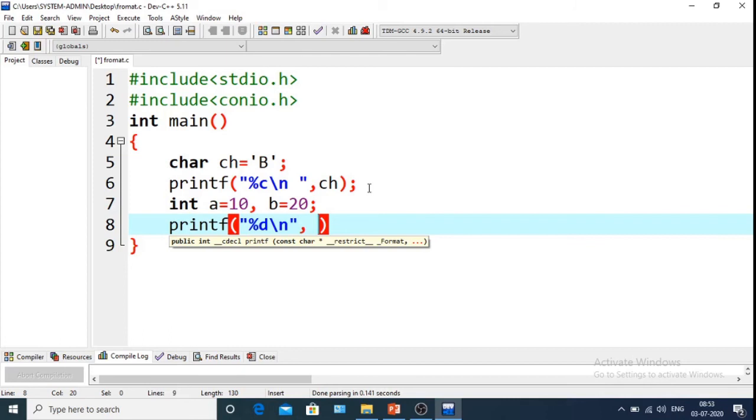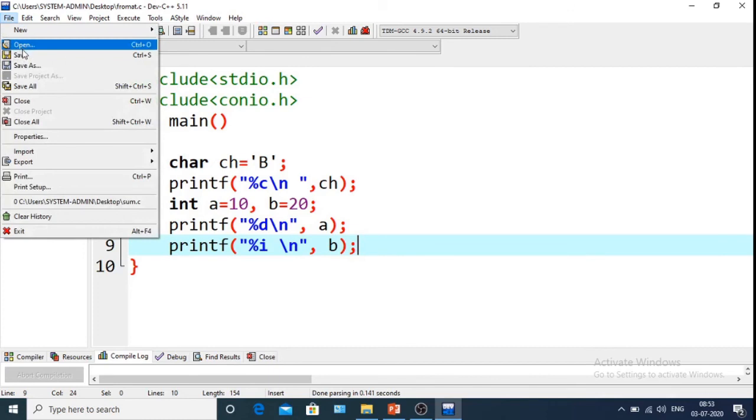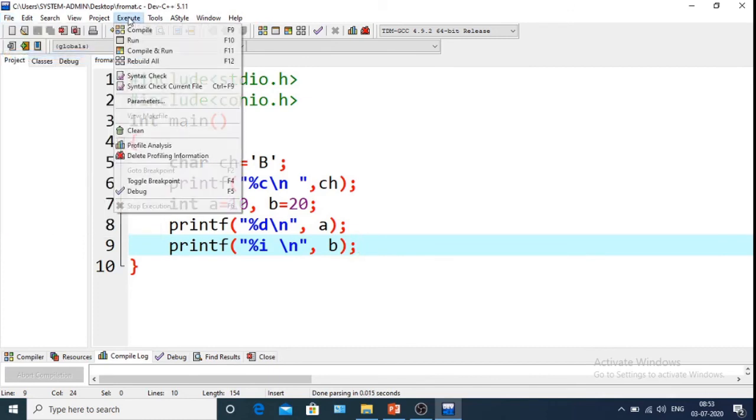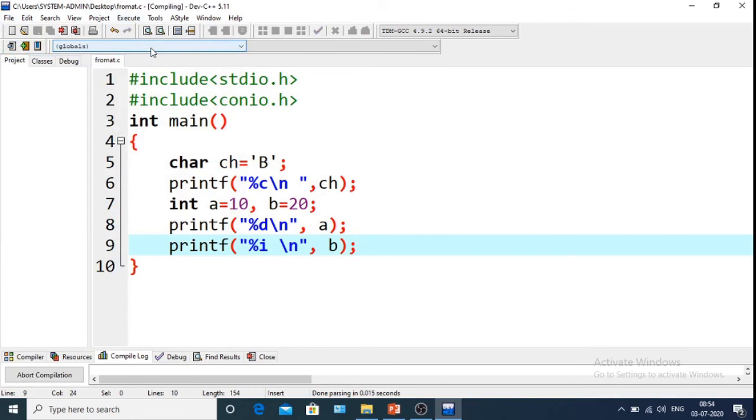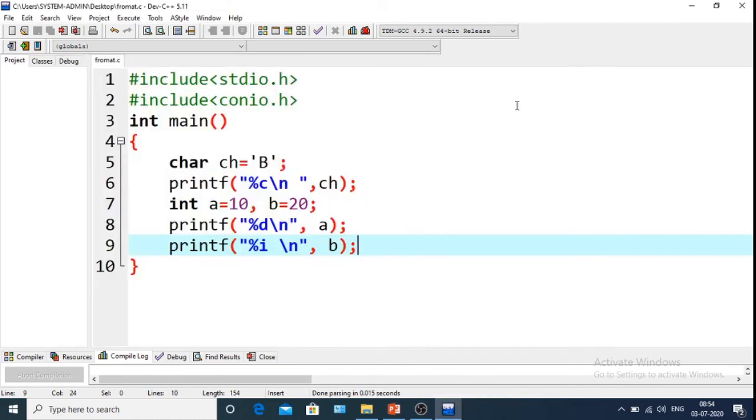So I'm printing a, printf %i, so %i can also be used. Let's run it and check what it will print. So the value of a is 10, b is 20. The value of a and value of b have been printed.